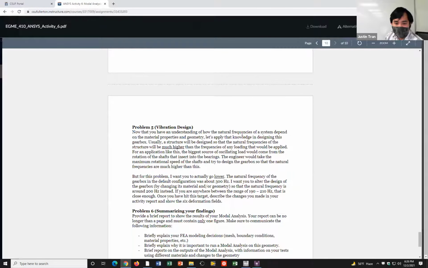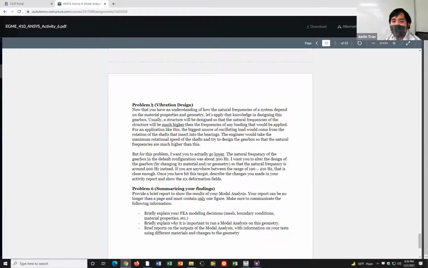For problem 5, I want you to actually do some vibration design. Just like we've been talking about, the reason you do modal analysis is to make sure your structure doesn't have a fundamental frequency that matches your loading. For this problem I want you to do something unique: instead of going higher with the natural frequency, I want you to make it lower.